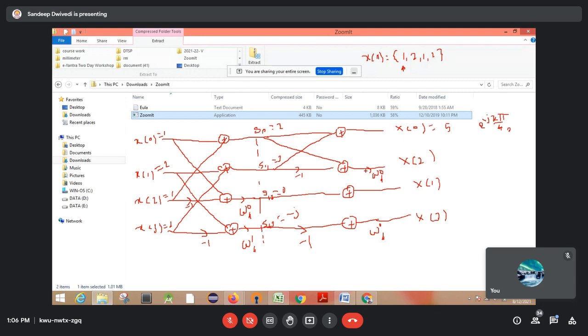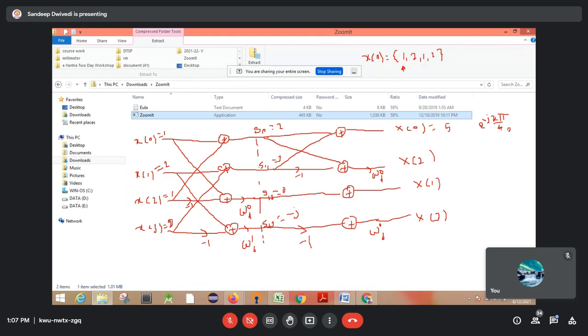Sir, can you repeat for S11? Actually, I'm getting a different answer. Yeah, S11. Okay, so this one 2 and then plus 1, 3. So this is 1, na? Actually, sir, that's 2. It is 1 2 1 2, na? So sorry, this is a 2. So okay, 1 2 1 2, that means it is a 2.